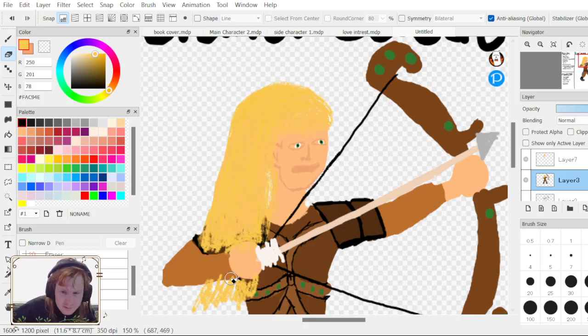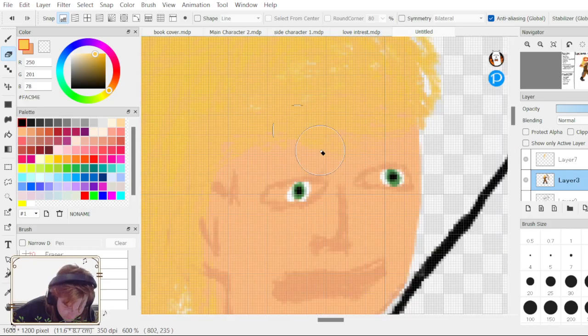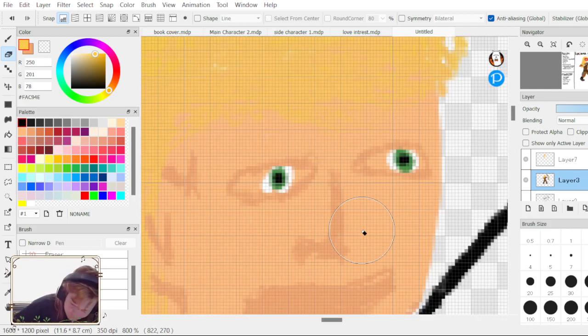Make her eyelashes big. She doesn't have eyebrows either, so some eyebrows might be nice. That's the eraser.